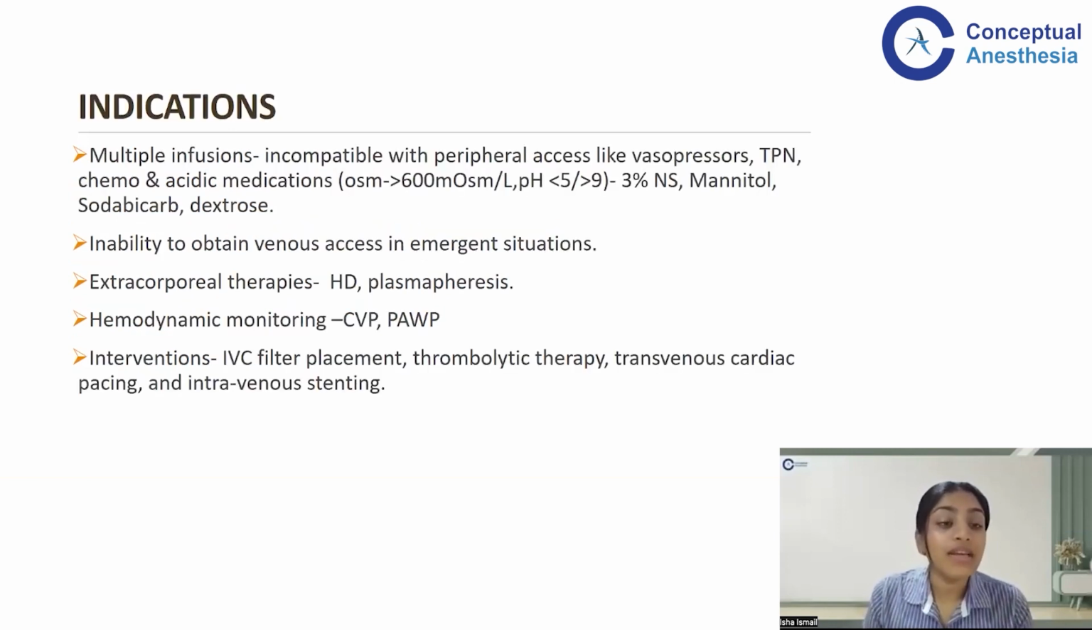When we come to the indications, the first one would be multiple infusions, especially in the ICU, things that you cannot be utilizing peripheral access for a really long time, and some drugs that are very hyperosmolar that cannot be used for peripheral access. So you need a central access for sure. These will include your vasopressors, total parenteral nutrition, chemotherapeutic drugs, acidic drugs, drugs with osmolarities of more than 600 milliosmoles, with pH which is not compatible with the vascular endothelium. So drugs like 3% NS, mannitol, soda bicarb, dextrose, and potassium supplementation,